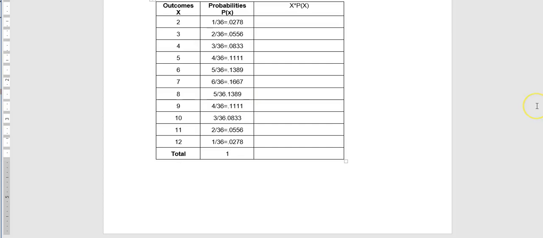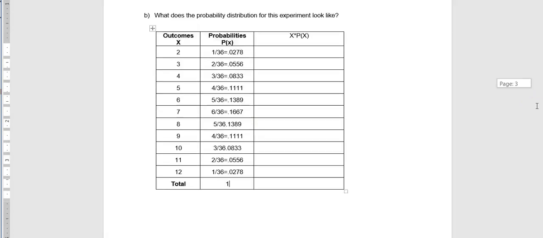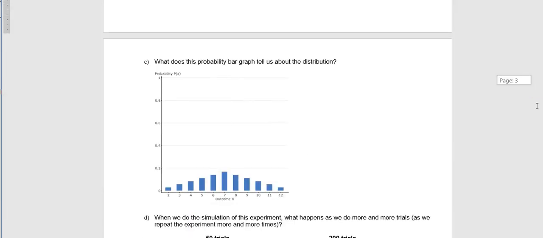Now what we can do once we have this probability distribution is we can look at a graph. And again, I did a bar graph instead of the histogram because this is actually a little bit more accurate when we've got discrete values for our outcomes. And from this bar graph,